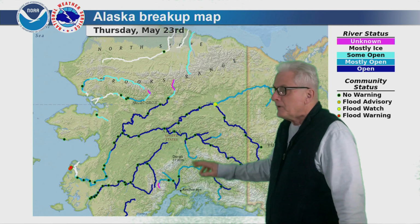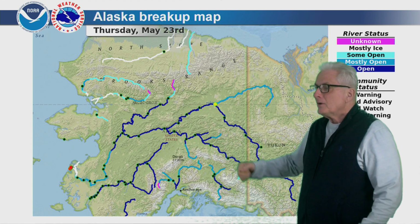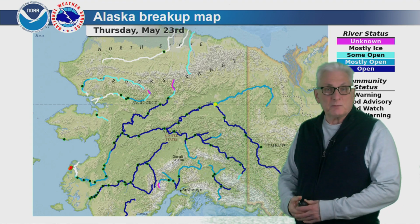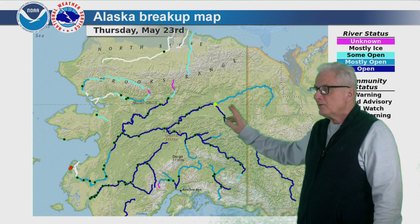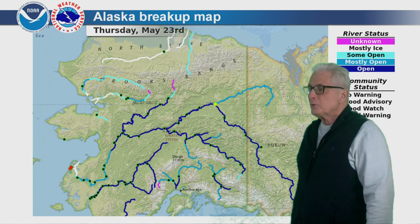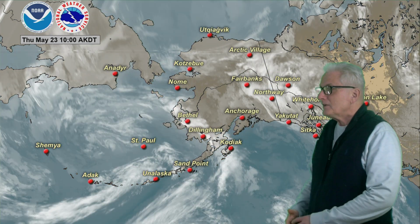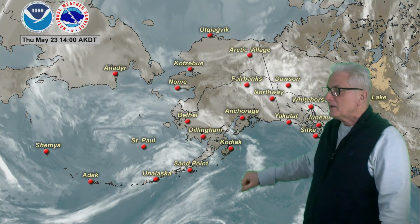Otherwise, up the Yukon River there, Fort Yukon still has a flood watch out for possible flooding due to snow melt that's occurring and raising the levels there of the Porcupine River, and that's out for the foreseeable future. And from there, looking at satellite imagery, you can see the next front moving rapidly eastward here,